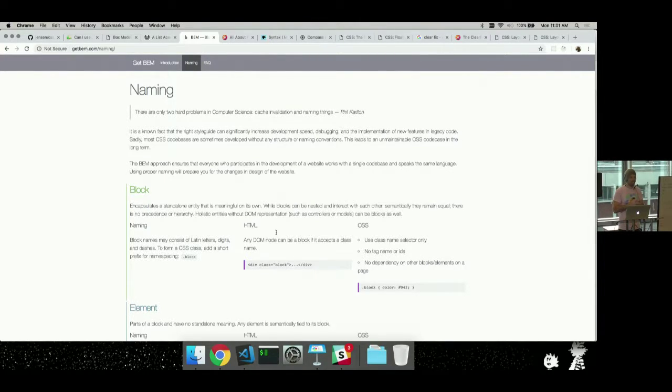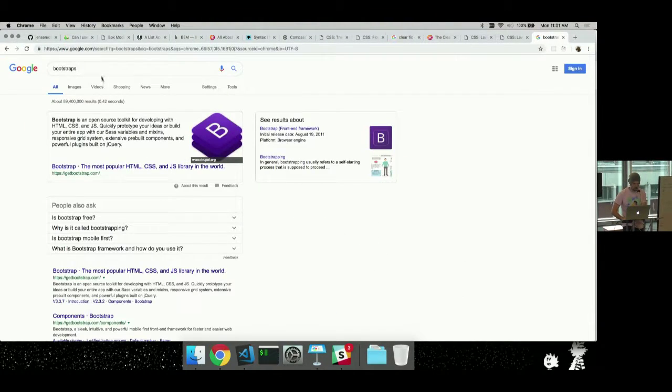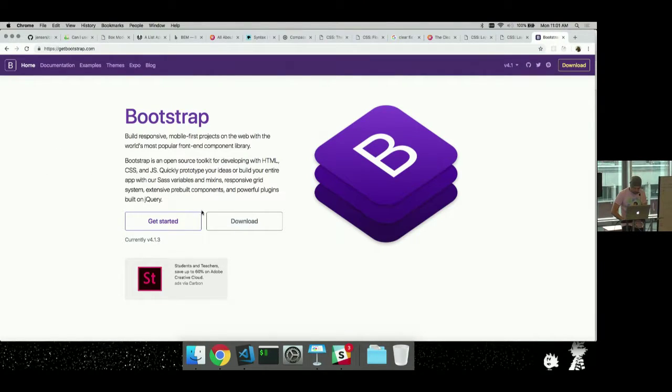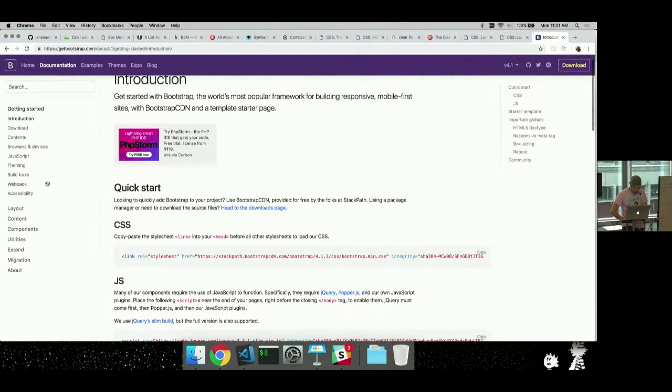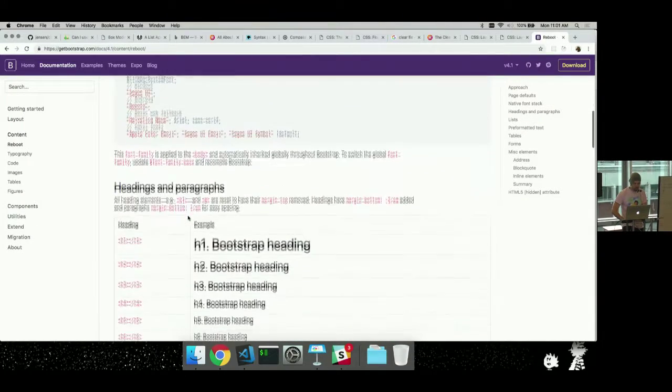Yeah, question. Okay, a question is, does Bootstrap use the same methodology? If we look at Bootstrap's styles, Bootstrap CSS, great. I don't think they use BEM specifically, but I learned a lot by looking at the way that they structured